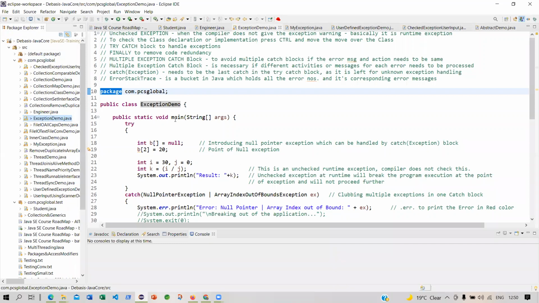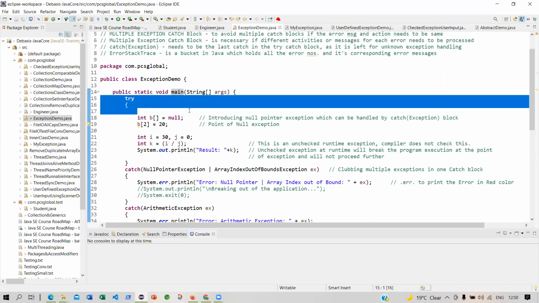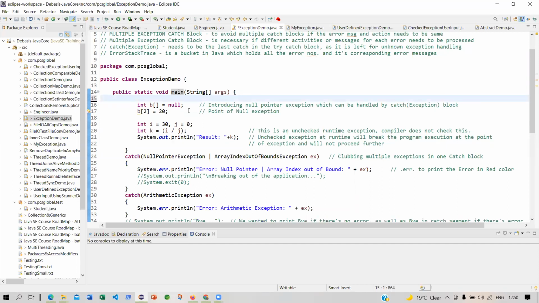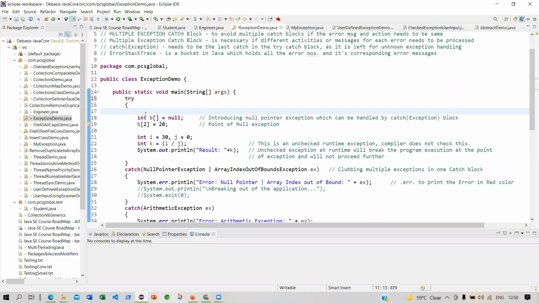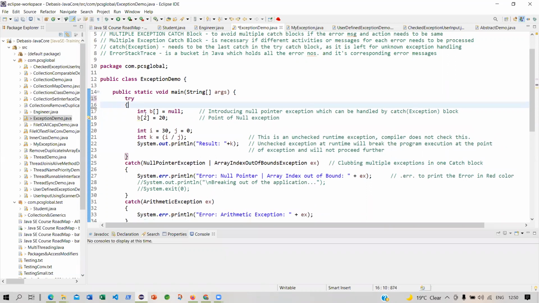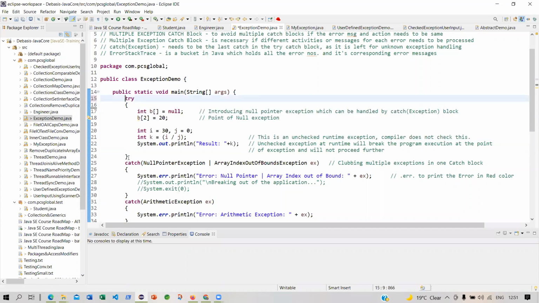In ExceptionDemo, there is a main method, and within the main method, I have said try. This is the way you write. This is the try catch block. You say try and then give opening braces, and basically the entire block of code that you are writing, you put under the try block.